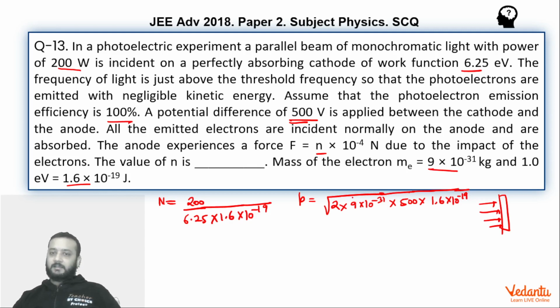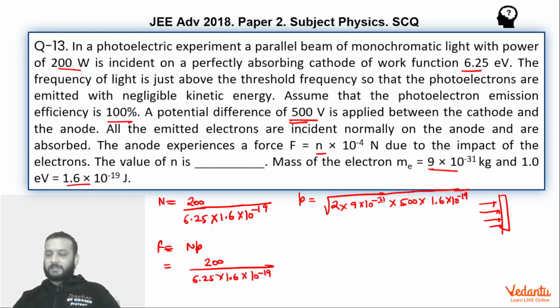So we can say that momentum of the electron after hitting the anode will become 0. So this will also correspond to change in momentum of the electron, and number of electrons hitting the anode per second is this. So force will be simply the product of these two quantities, n into p. After this, the calculation only remains, which itself is not very difficult in this question. IIT has taken care of this fact that the calculation is not out of control. It's very easy calculation actually.